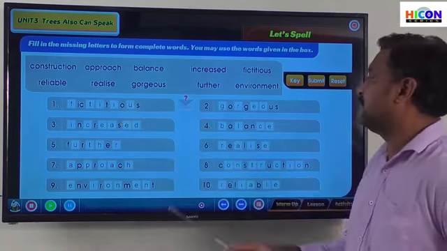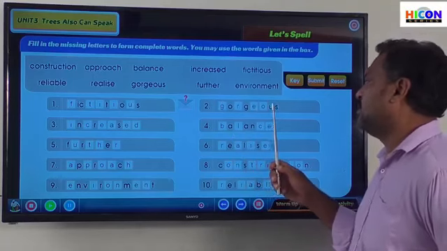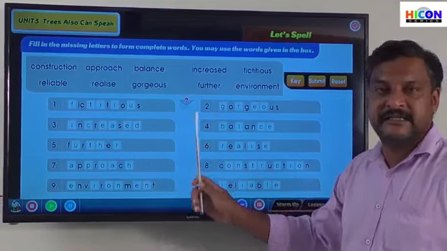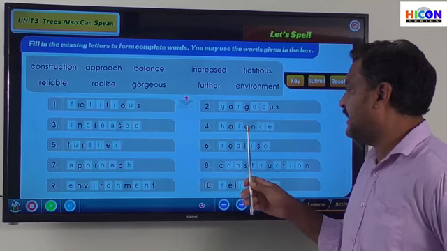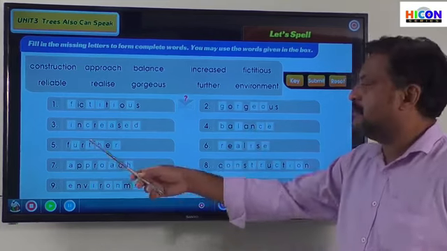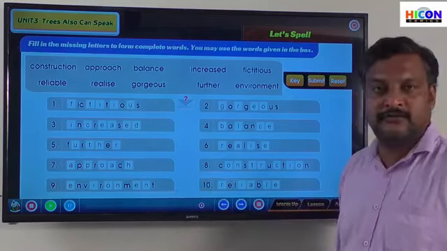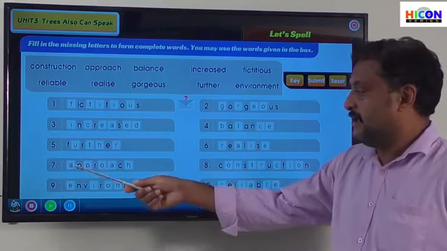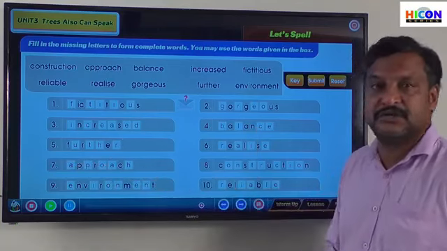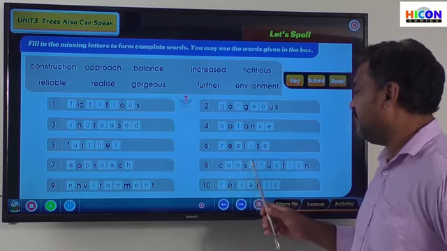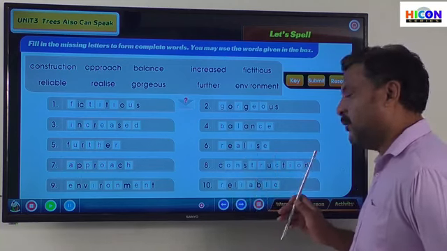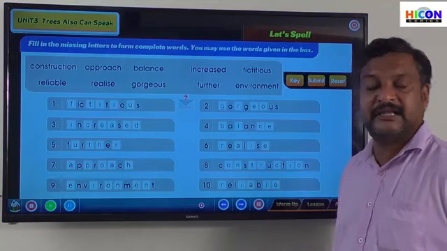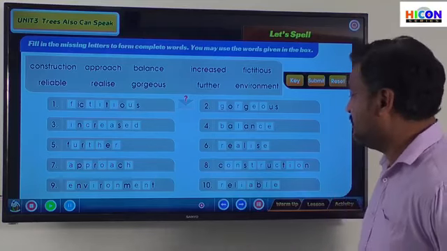FICTITIOUS, fictitious. GORGEOUS, gorgeous. INCREASED, increased. BALANCE, balance. FURTHER, further. REALISE, realize. APPROACH, approach. CONSTRUCTION, construction. ENVIRONMENT, environment. And